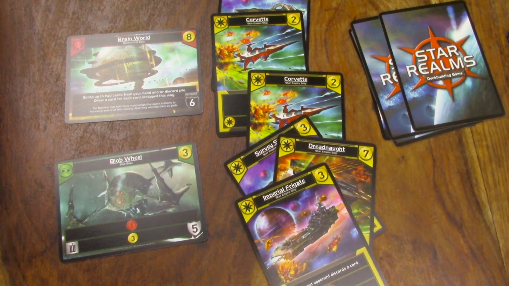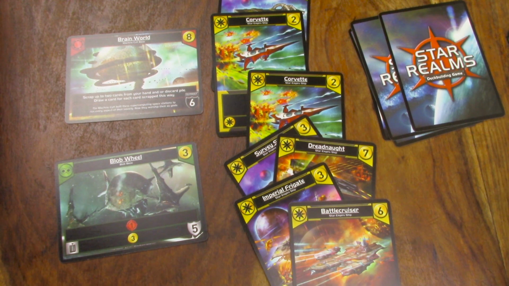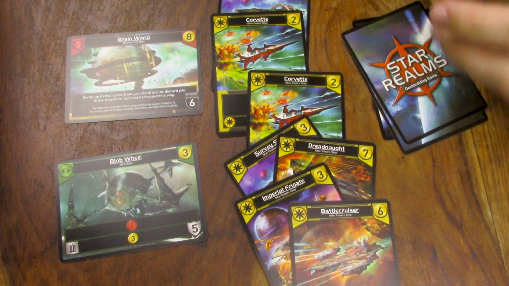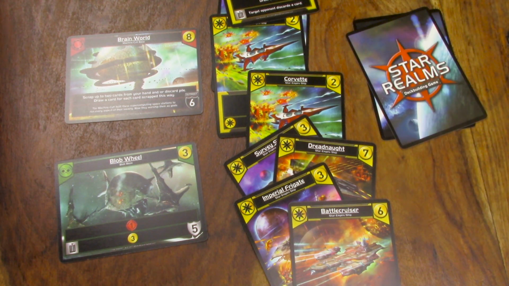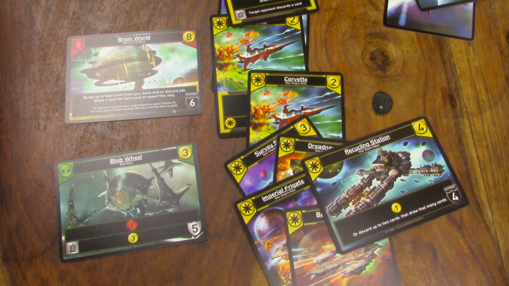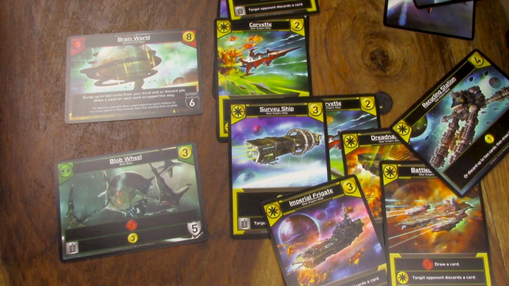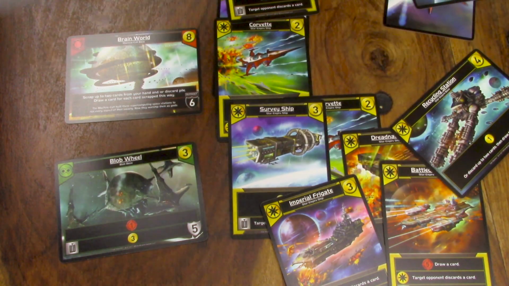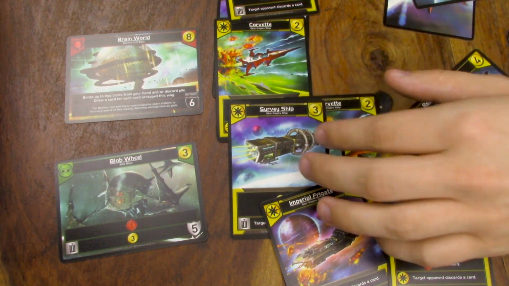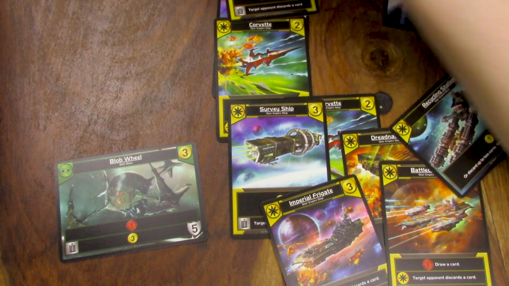Is this the end of it? Just kidding. It's another battle cruiser, which means you can draw a card into a survey ship to draw yet another card, and then finally ending it all off with a recycling station. Their powers combine, forcing your opponent to discard 2 cards. The damage all adds up to a whopping 22, which is enough to destroy the brain world, and the blob wheel,